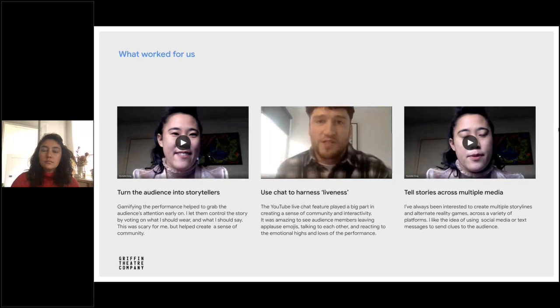Across the 5 Lock-In performances, you would see people's handles night after night, people would engage in little conversations and live commentary during the performance, talk to one another, use applause emojis.